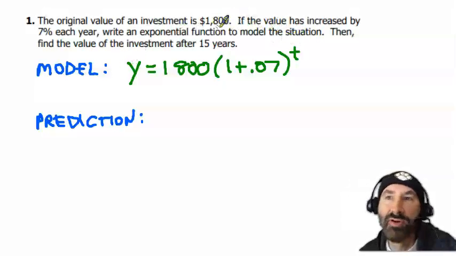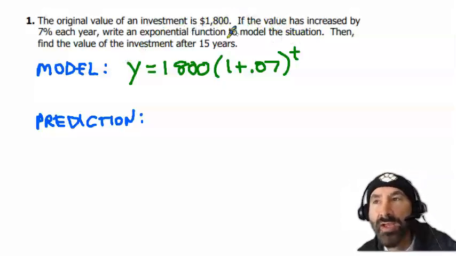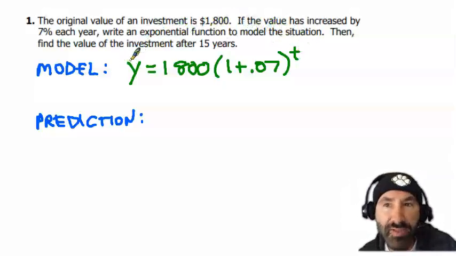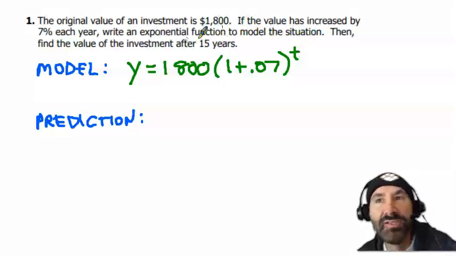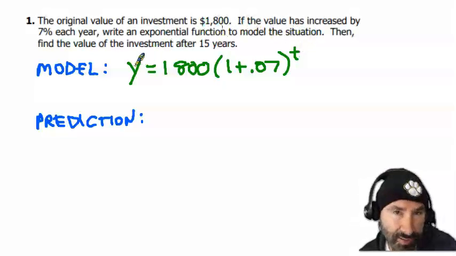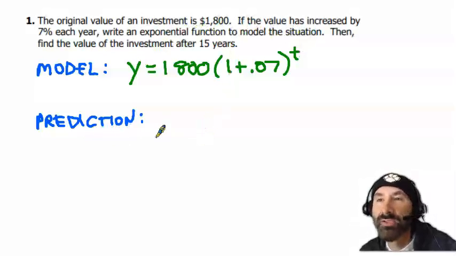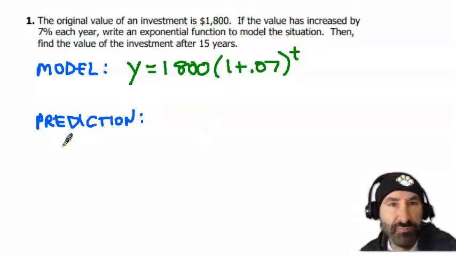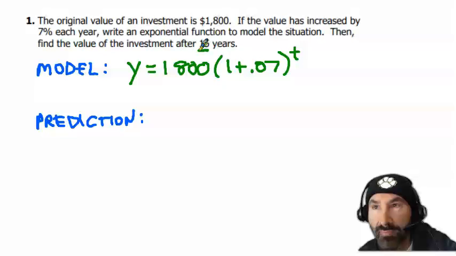X is the independent variable, y is the dependent variable. And we change the value of x, and we get different values of y. Different number of years give us different balances in our account. So let's go ahead and use that model to make a prediction for this situation when we were told 15